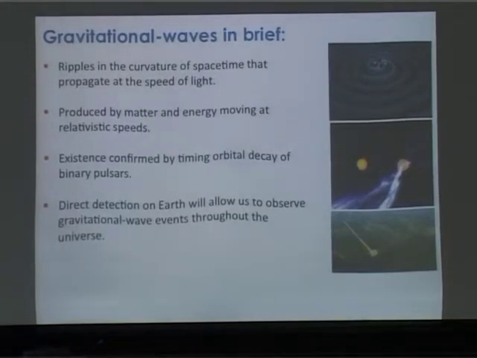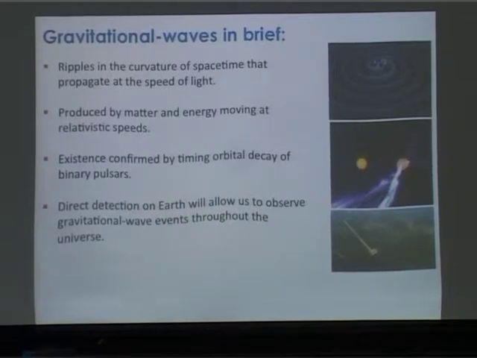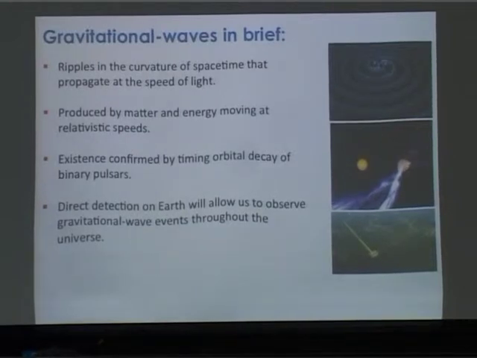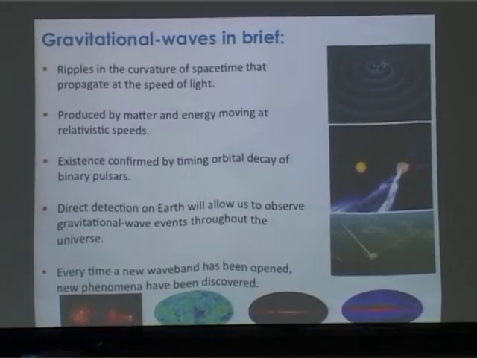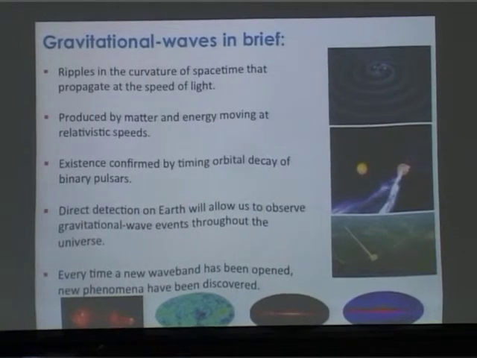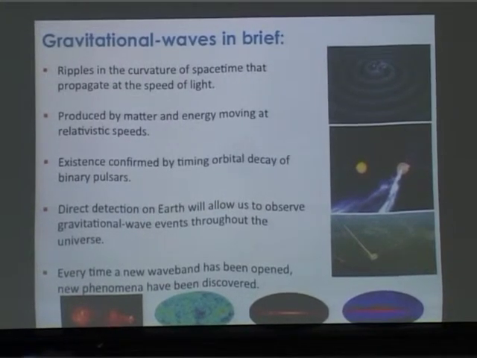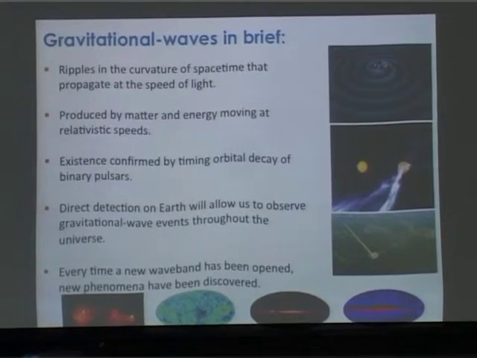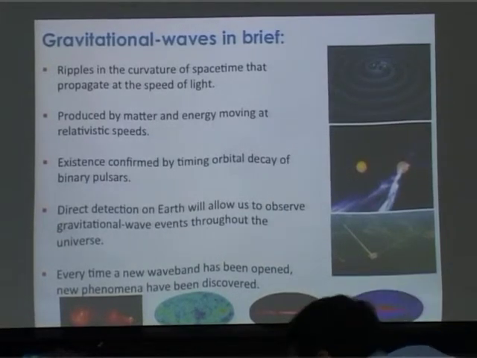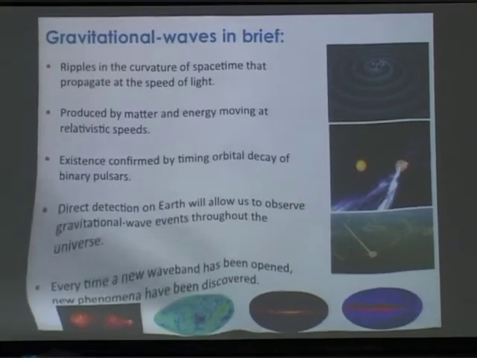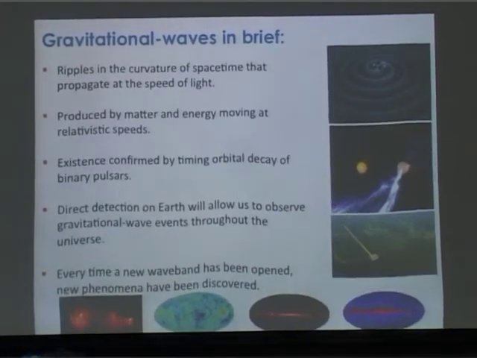But we're not content with just observing gravitational waves indirectly through these binary pulsar systems. We'd like to detect gravitational waves directly here on Earth so that we're able to observe a wide variety of systems that aren't these individual pulsars. The most exciting thing about gravitational wave astronomy is that we've seen in the history of astronomy that every time we've opened up a new wave band, whether it's radio waves, X-rays, microwaves, we've been able to observe the universe in an entirely new way and have discovered completely unexpected things. So the hope is that something similar will occur once gravitational wave detectors come online.